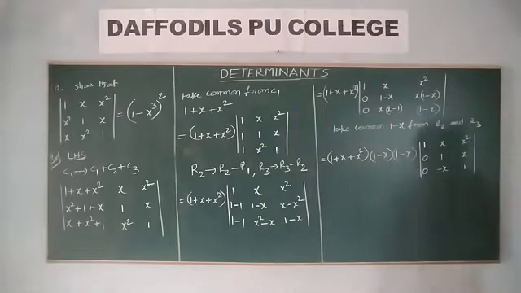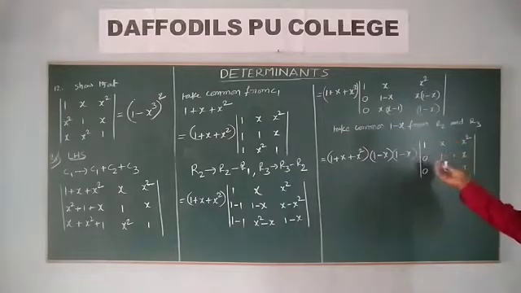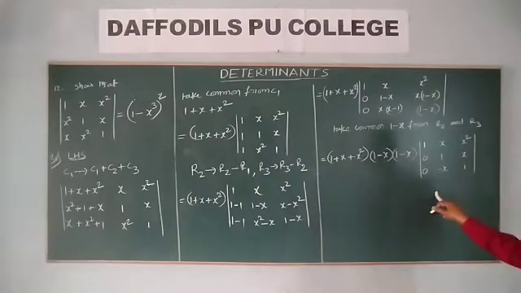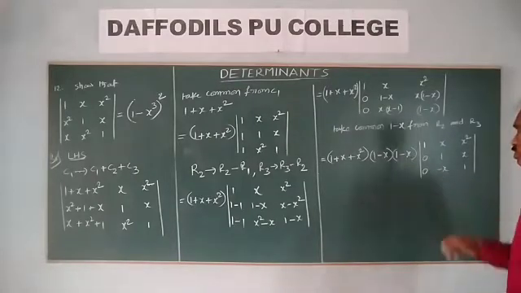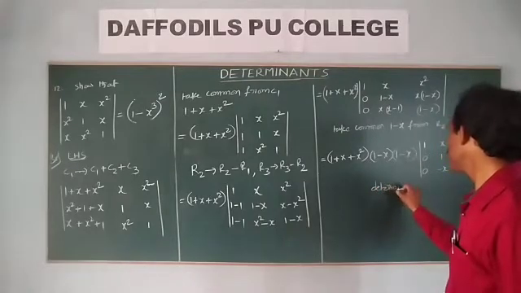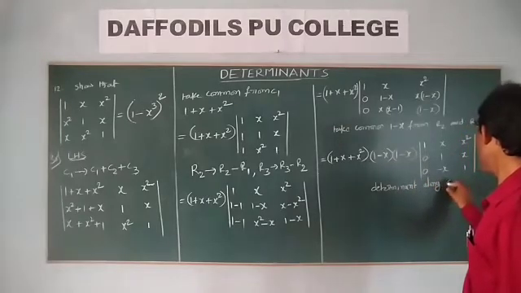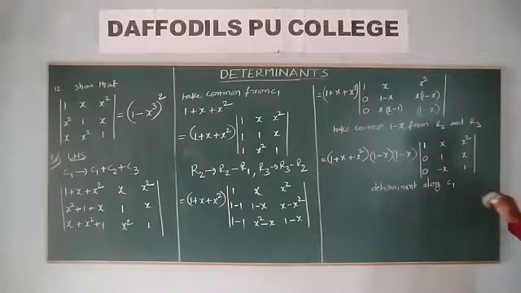Expand the determinant. Once you observe, here R3 gives R3 minus R2. Okay, right? Expand the determinant. Once you observe in which column or row more zeros are there, it is better to expand along that row or column. Right? Take the determinant along C1. Determinant expand along C1.